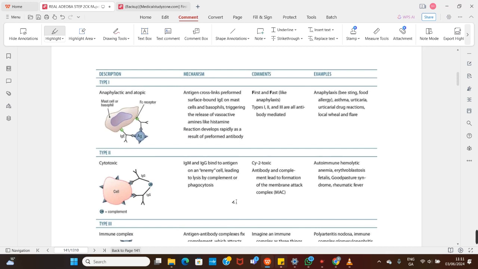So for the type 1, what is basically happening there is just you have an individual that is already sensitized to this allergen. And when there's sensitization, it means that you have the allergen being exposed to the T cells already, and they are already forming the memory T cells. And by the time you get re-exposed to the